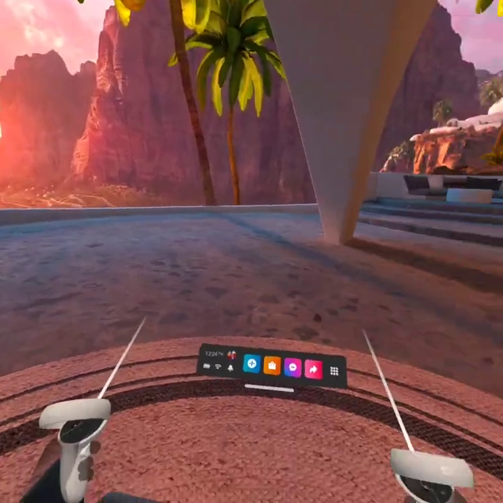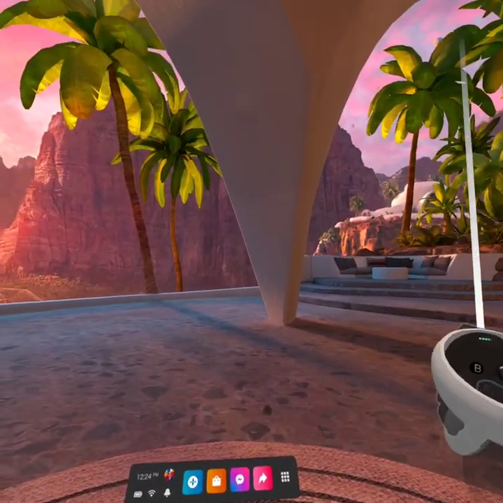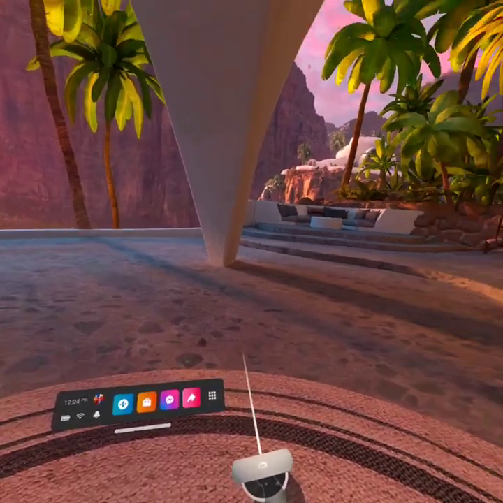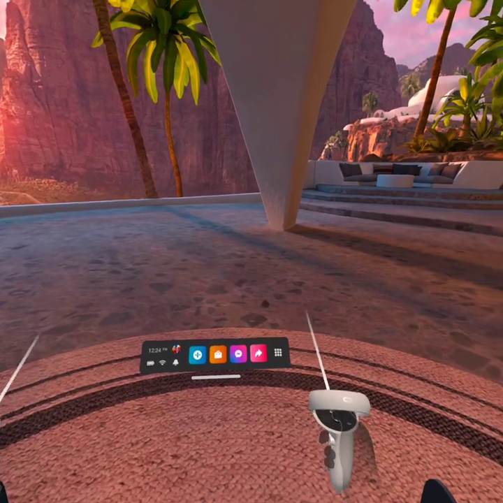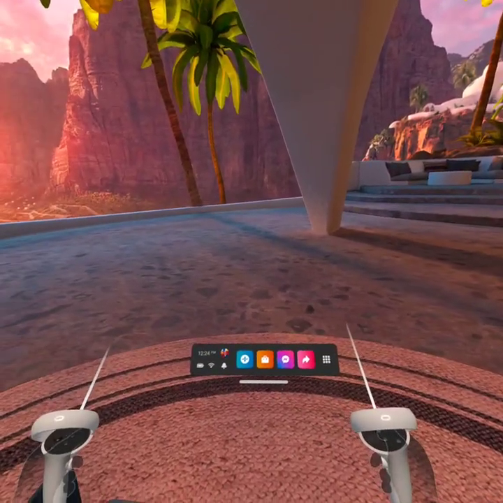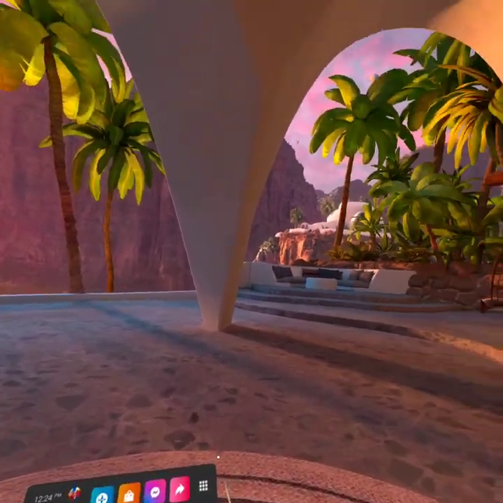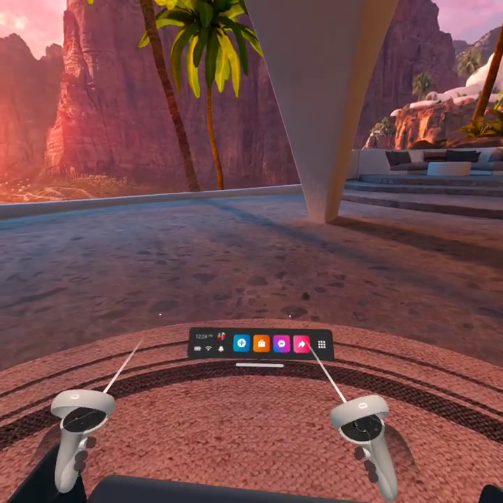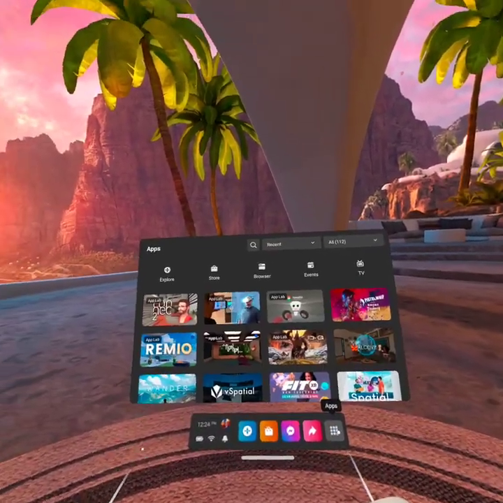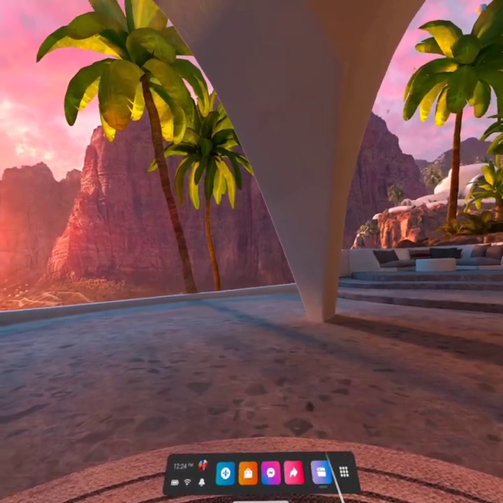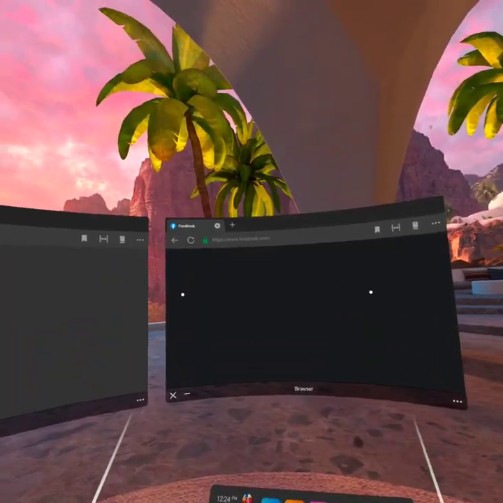Hi, and welcome to this quick tip XR for Work video, where today we're going to talk about some of the productivity features that have been added with Oculus version 33. So I loaded up 33 on my headset this morning, and I wanted to share with you a couple of things that I found. One of the ways that I use my headset for productivity quite frequently is with the